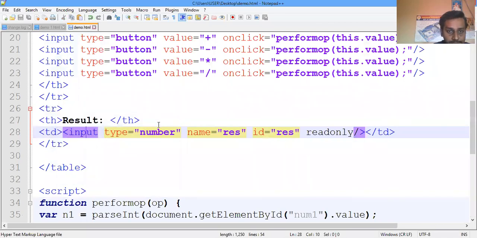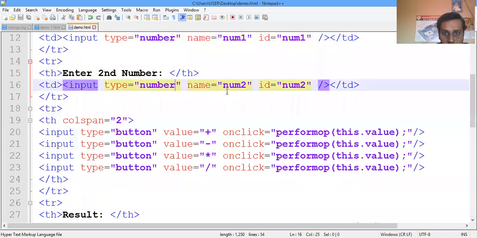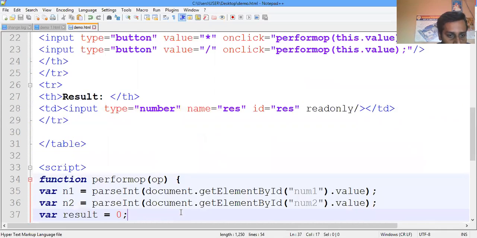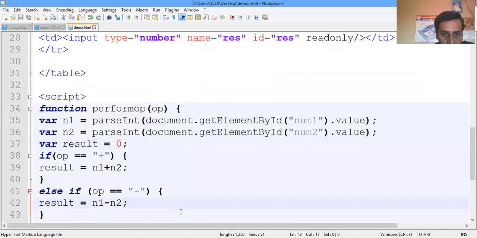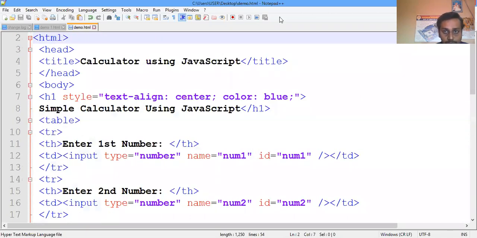So the difference is, here we have taken number, that value whatever it is is going to be used for adding. Here num2 we have taken, that's why we'll write here n1 plus n2. The num2 value is considered as n2, and the num1 value is considered as n1. That value is going to be taken here. In the same way the result value is going to be implemented. So in this way the first program is a calculation.